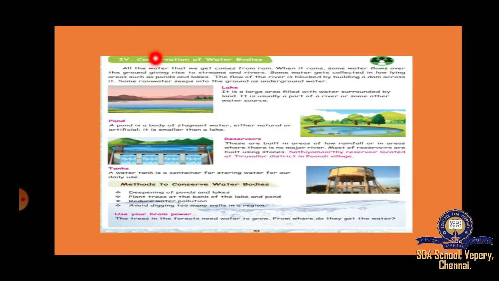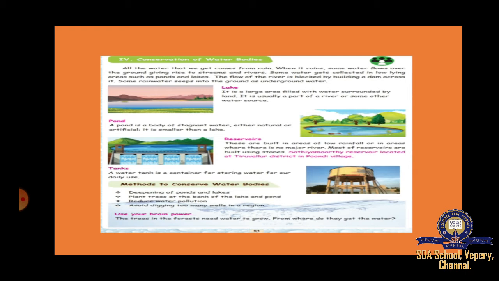Next topic is conservation of water bodies. Conservation of water bodies means how we can conserve water. So when it rains, what will happen? All the rainwater will simply flow here and there into the drainages, right? So the main source of water is from rain only. When it rains, what are we doing? We are not even conserving that. We are not even saving that. So all the water will flow in and around the drainages. It will go away, right?